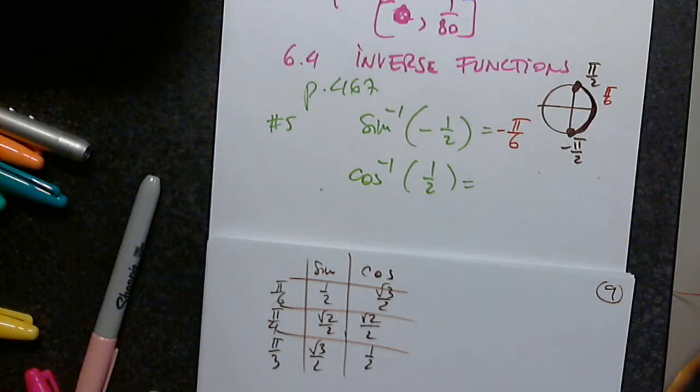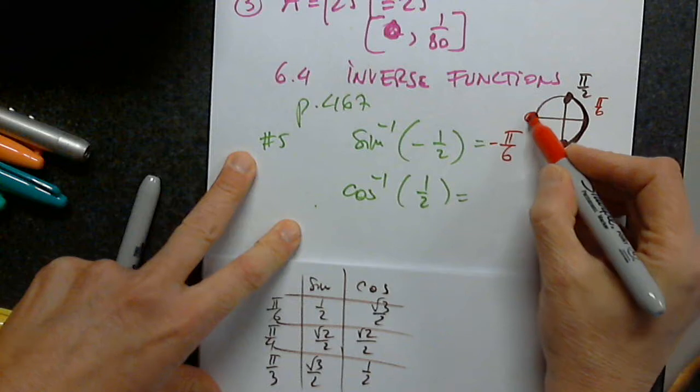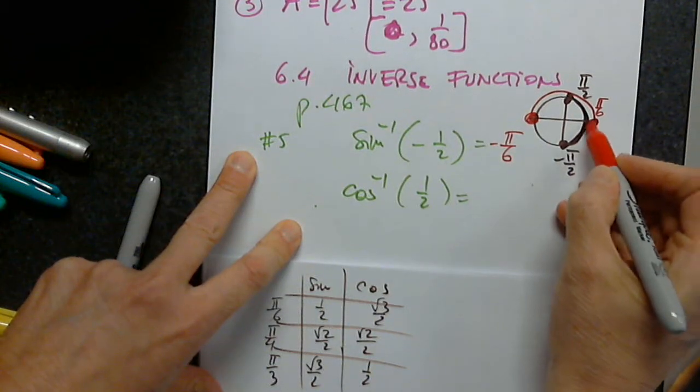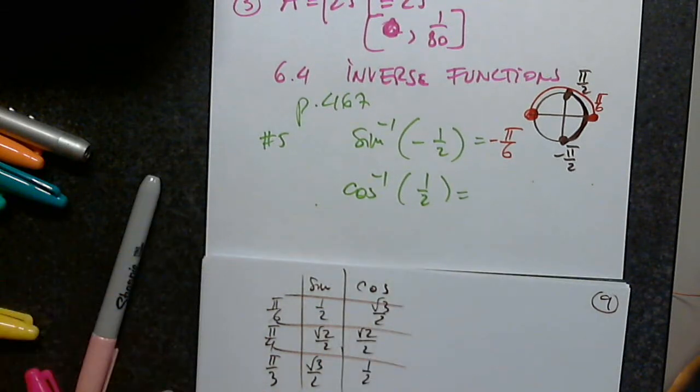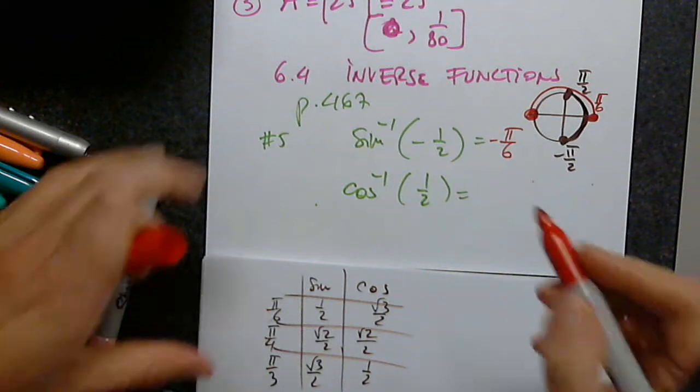Cosine inverse of 1/2. When we talk about cosine, remember, the answer has to be here till here, between 0 and pi. So cosine 1/2. Obviously, it has to be an angle in the first quadrant. Right. And I'm thinking, it's not the first one. It cannot be the first one, because sine of 30 degrees is 1/2. It must be the other one. By the other one, I mean,